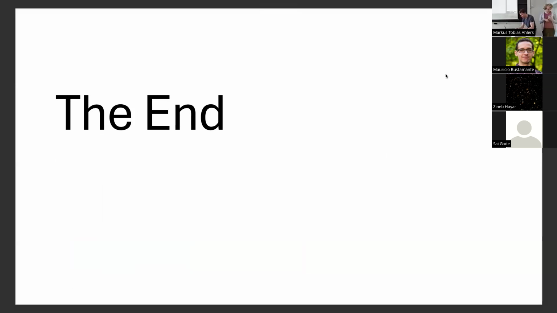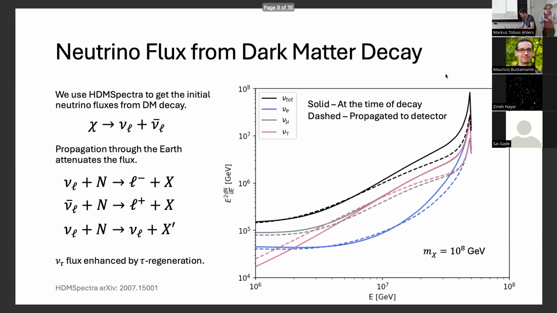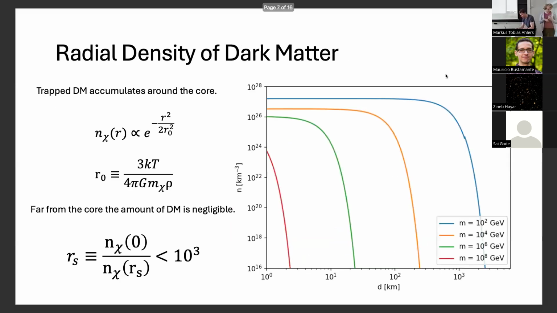Maybe it's actually not a question, but a comment. So you show the distribution of the dark matter inside the Earth, right? And you use the function from a paper by Aaron Vincent, if I remember correctly. But this is an outdated distribution. The up-to-date distribution will shift the heavier dark matter to concentrate more toward the core of the Earth, so you have more dark matter near the core instead of distributed close to, like, 1,000 kilometers over there. So that's for very light dark matter. Yes, no, but then it will actually shift it to the core more. But we can talk later.